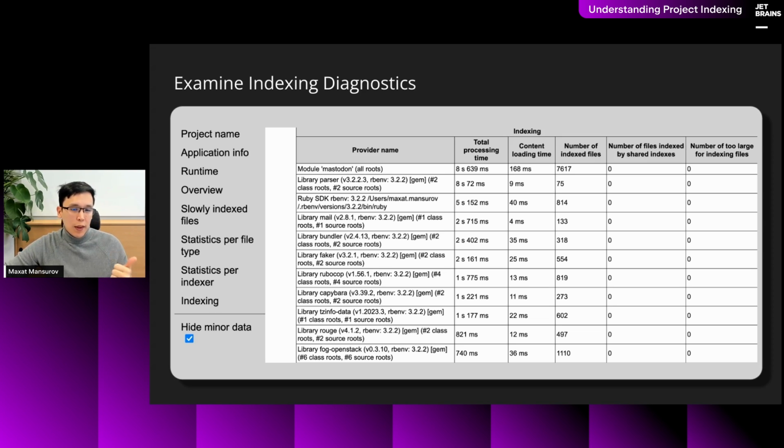And what this gives you is the full overview of the indexing process that took place. And you will see the total time in milliseconds your indexing took for each library, each file, each module of your project. And this gives you information about which parts are problematic.